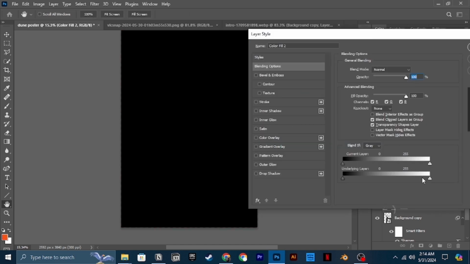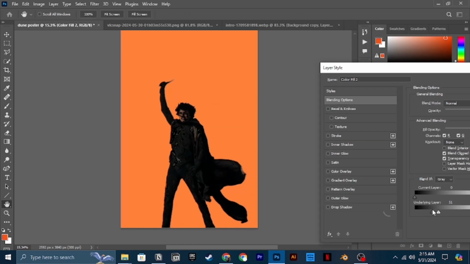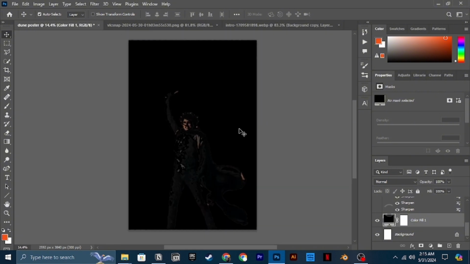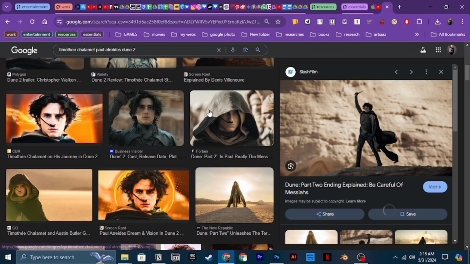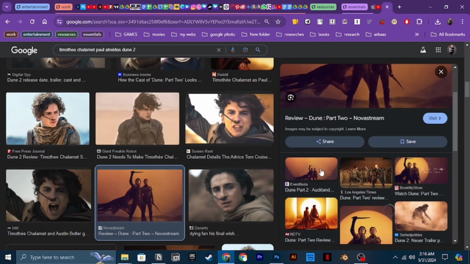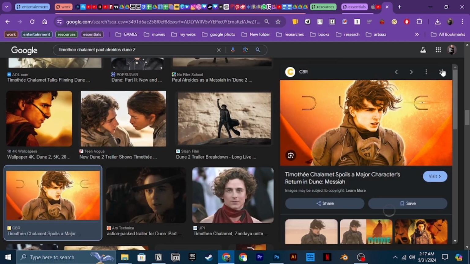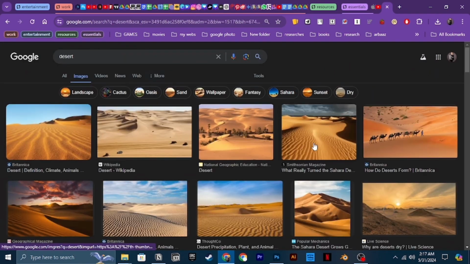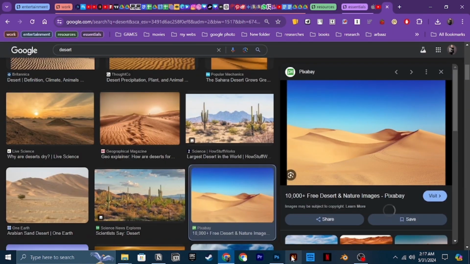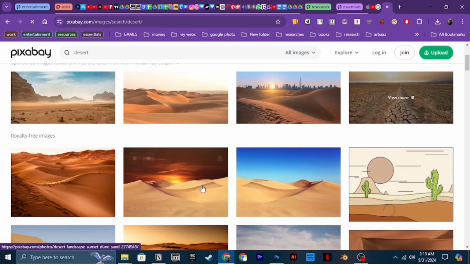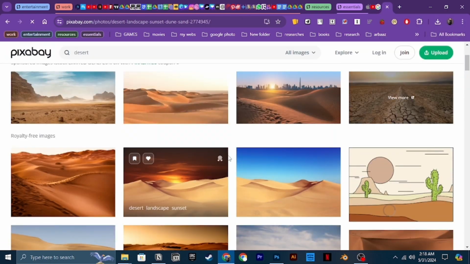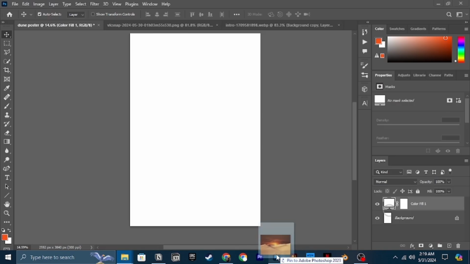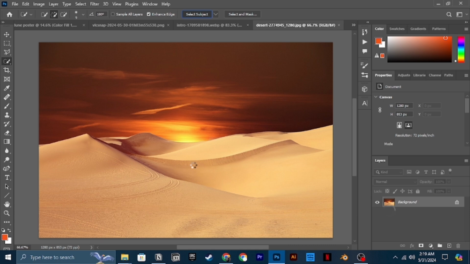So actually this made me think about doing the kind of technique that I always like to do, which is to add a color fill on top and then use the layers to mask out certain areas of the picture. So I tried that, and now I thought it would be good if there was like a desert in the background as well, because of the whole dune area of the movie.